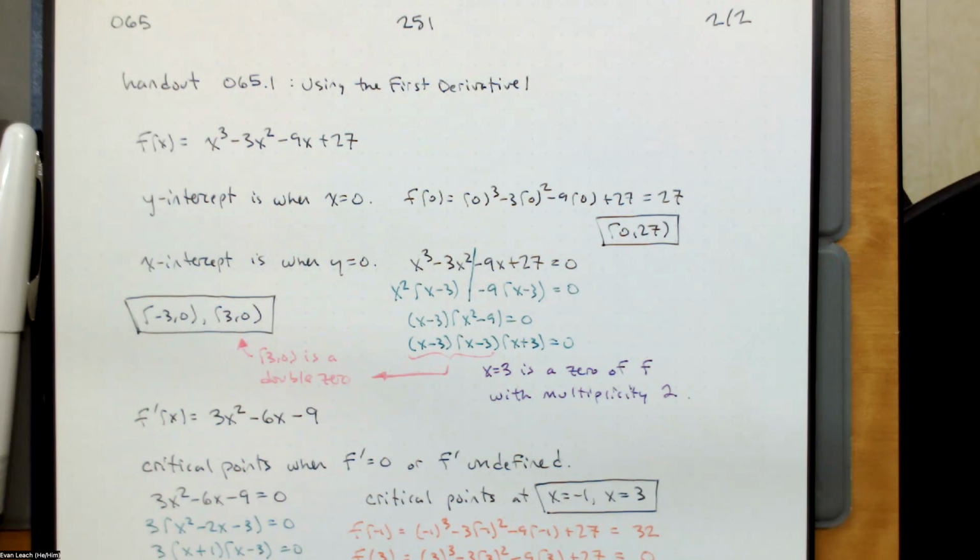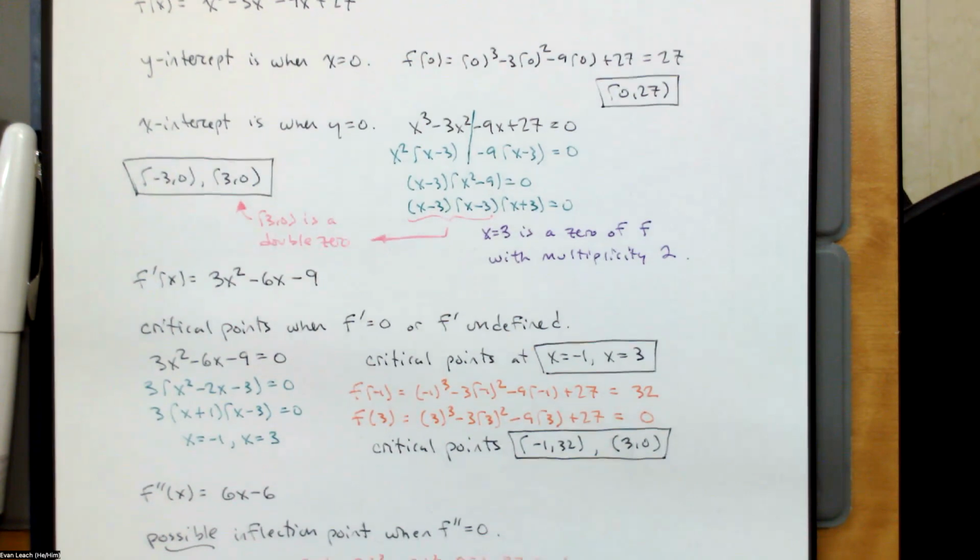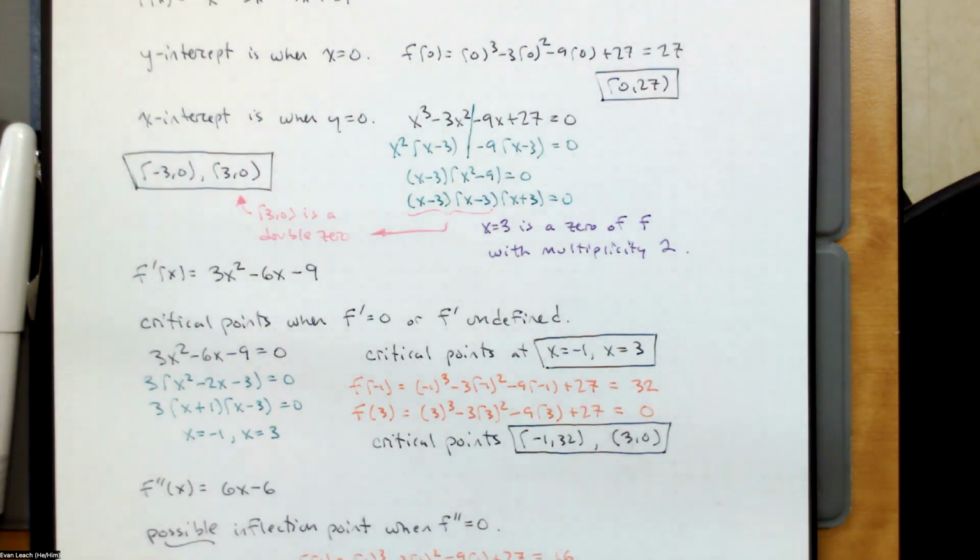That's just what we can determine from the function. That is pre-calculus knowledge, not the class, but knowledge we had walking into calculus. In calculus, we learned about the derivative, and that critical points happen when the first derivative is 0 or the first derivative is undefined. That's not going to be an issue here. The first derivative is this quadratic, 3x squared minus 6x minus 9. We set that equal to 0 and solve, and we get 2